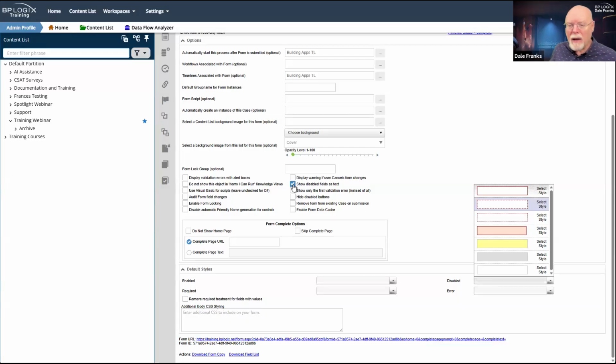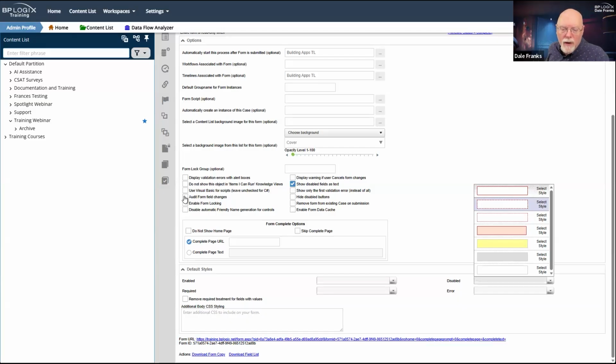If you are a cloud customer with a subscription license, or an on-premise customer with a subscription license, or, and they still exist almost 10 years later, if you still have one of the old tiered licenses that contains the compliance edition, then you have the ability to audit form field changes.